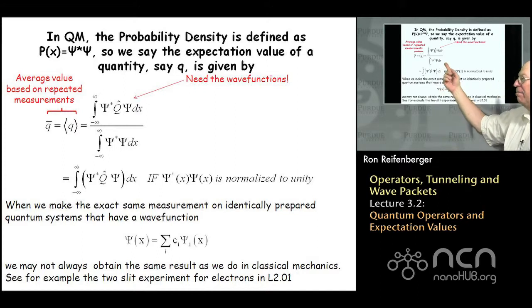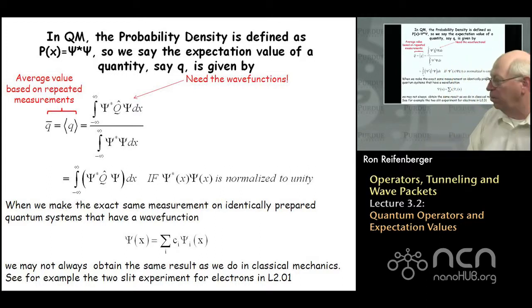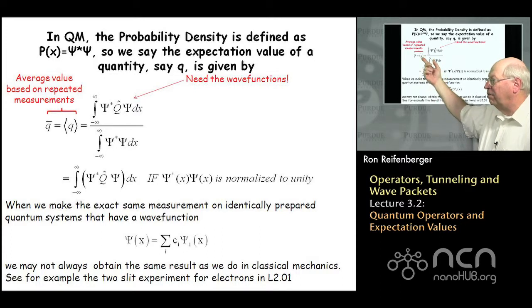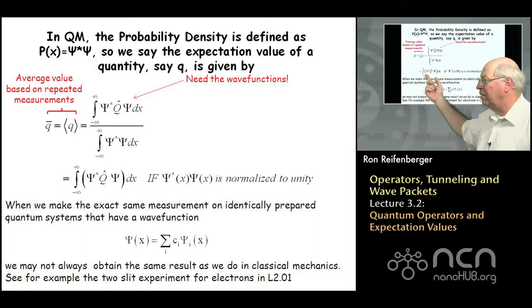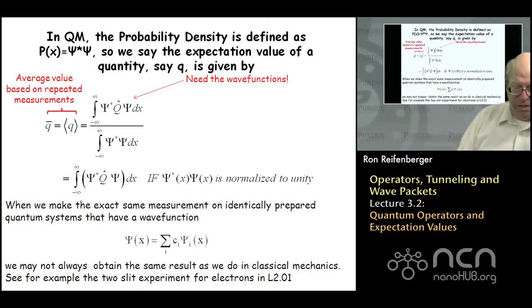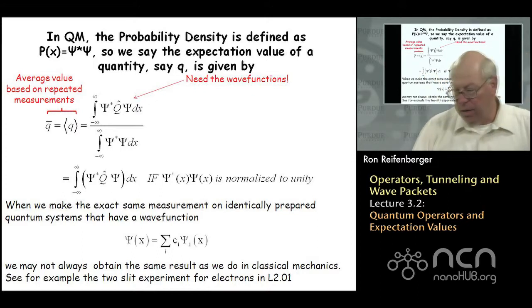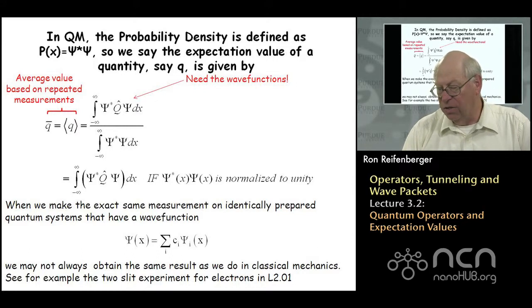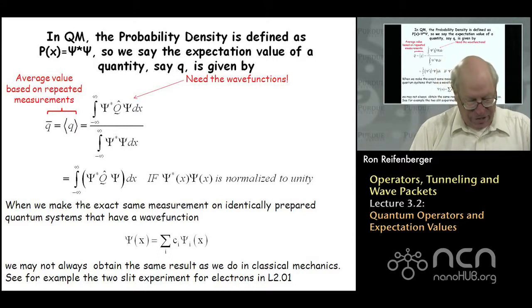And we have to have a normalizing factor in the denominator. This normalizing factor in the denominator is often set equal to unity if these wave functions are properly normalized, right? So this expectation value for Q with a properly normalized wave function then just simplifies to this statement, and this is referred to as the expectation value of a particular quantity. Okay,